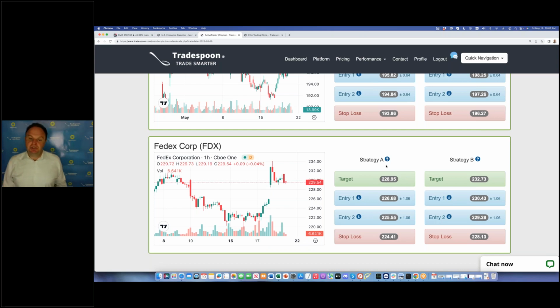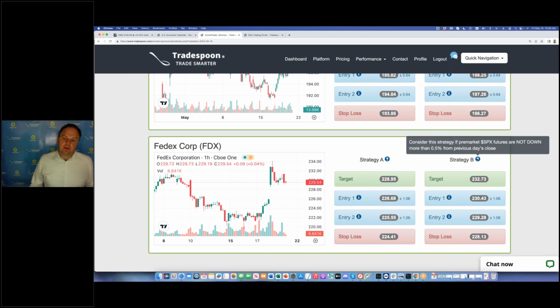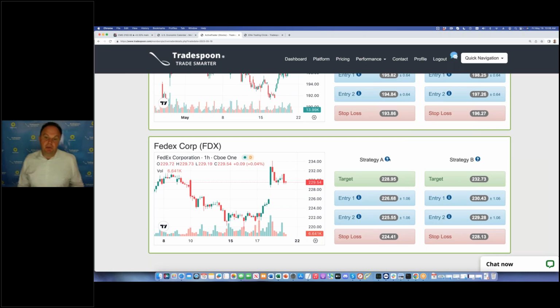Different strategies. If you see the market is not down and pre-market futures are up, then maybe you use strategy A. If you see a pullback pre-market, then maybe you wait for the predicted low. But we give you suggested entry prices and exit prices, right? And it's up to you to decide, based on your own trading plan and strategy. We propose that when VIX is low, 15, the market doesn't move more than 1% a day. So you look for maybe 0.5% profit on this short-term trade, maybe 1% profit, but something reasonable, right?